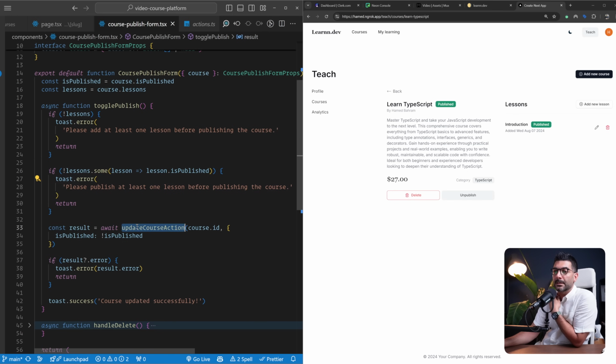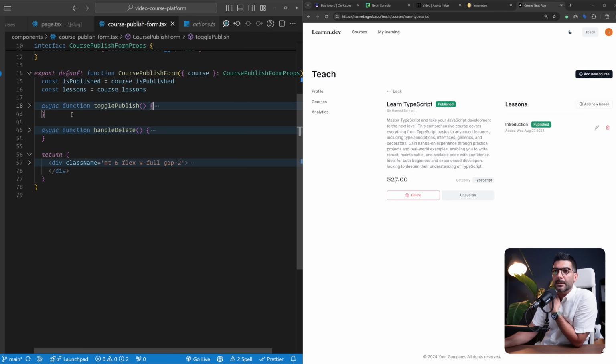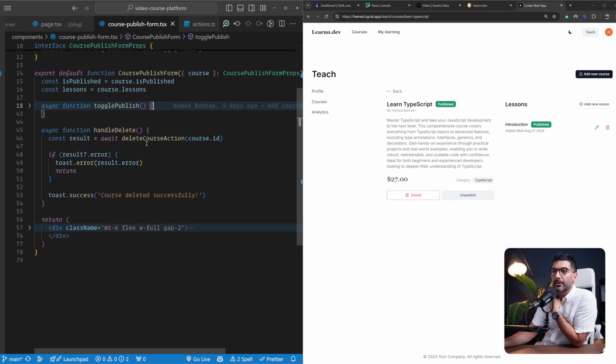And we don't even call this server action. This is for only when you already have a published lesson, which we're going to look into after to see how we're going to publish a lesson or add content to a lesson before publishing it. So this was the toggle publish, and then we have the delete, which is going to go ahead and delete